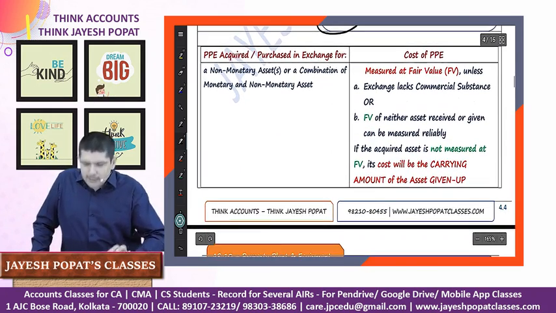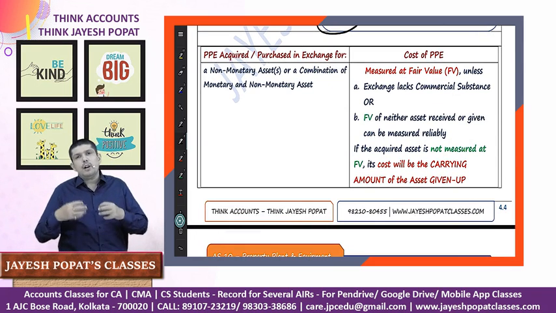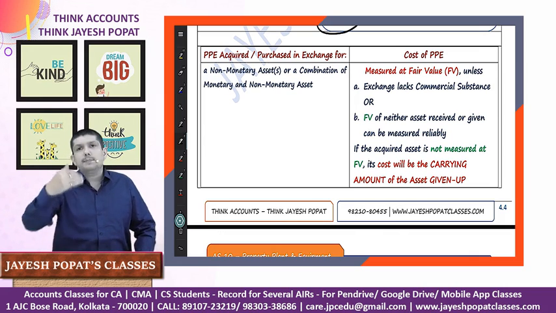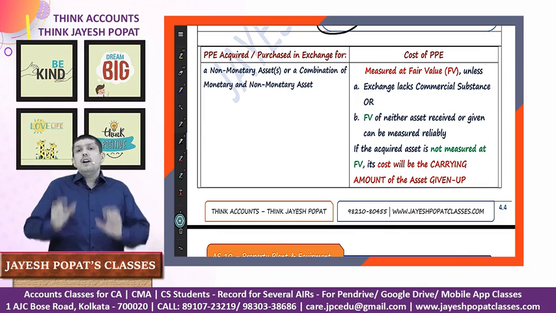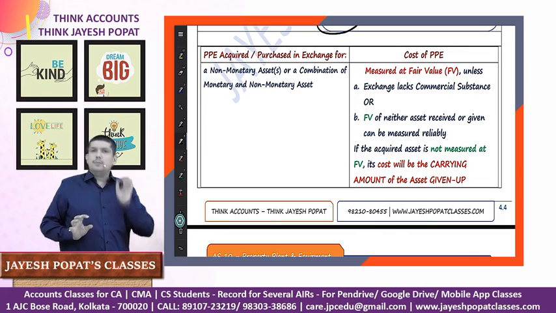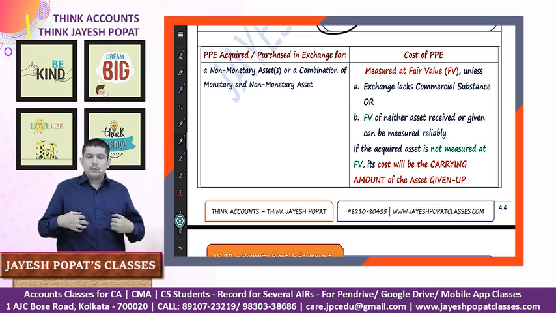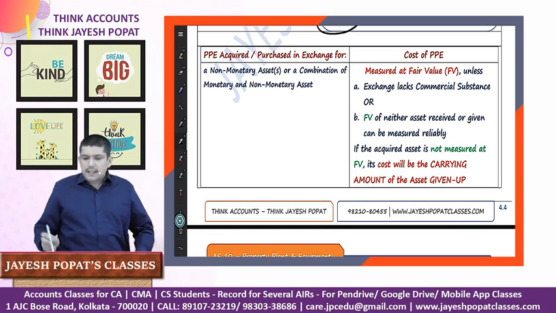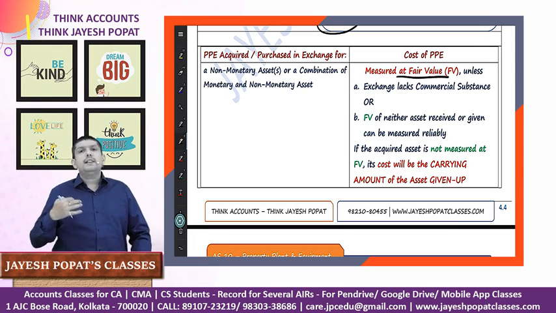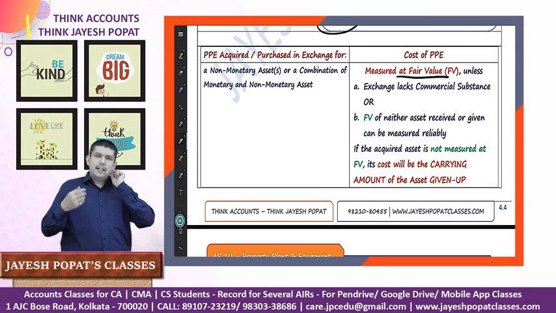Then there might be a scenario wherein I am acquiring an item of fixed asset but I am not making payment in cash, right? I am making a payment by giving up some other non-monetary asset, or partly I am giving cash and partly I am giving some other non-monetary asset. In that case, how will we identify the cost of the item of PPE? It says that the cost should be identified at the fair value of the asset acquired, right? It should be on the basis of fair value of the asset acquired. Maybe for example,